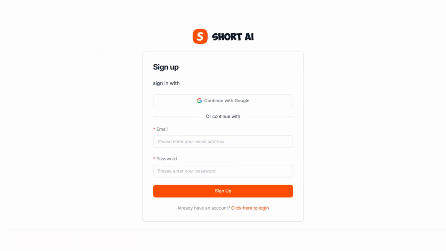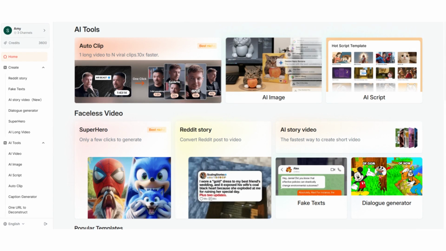Once you're on ShortAI, sign in with your Google account or register with an email address that isn't linked to any existing account. When you're logged in, this is the main ShortAI dashboard you'll see. It's organized into different AI tools, templates, and categories, so you can create any type of short-form video with just